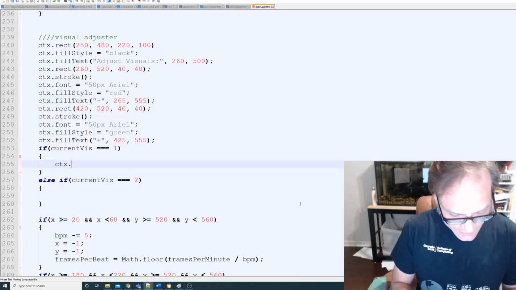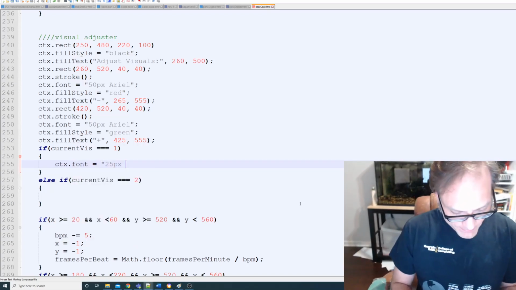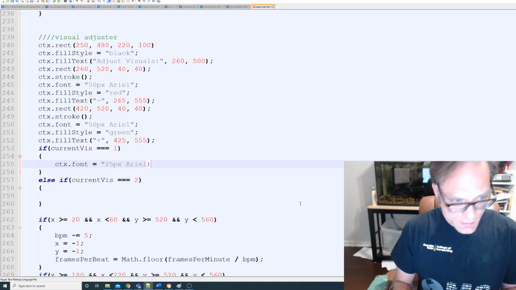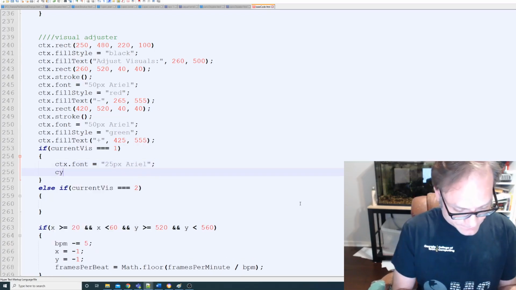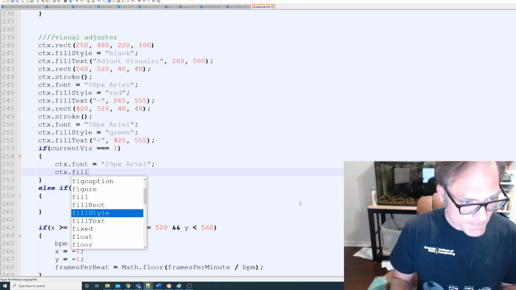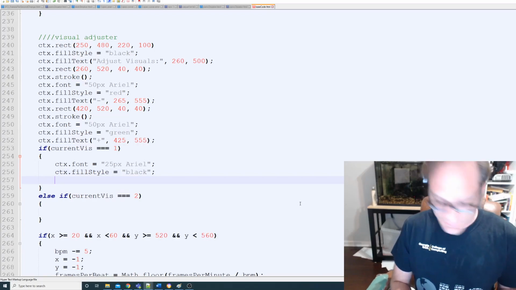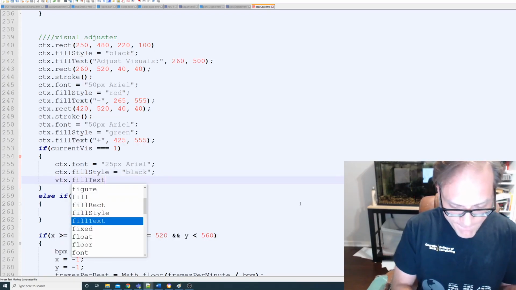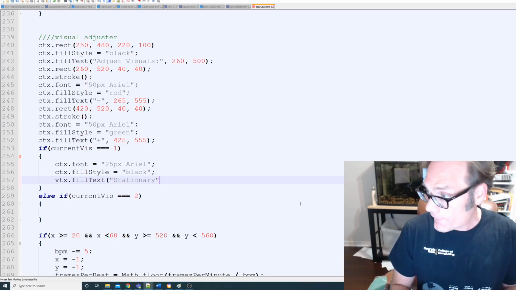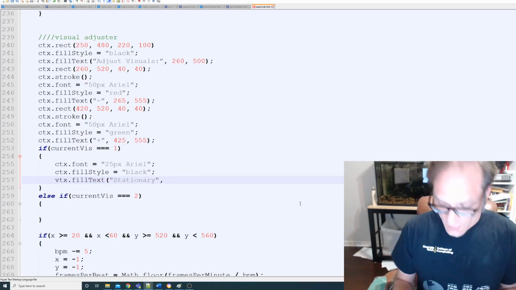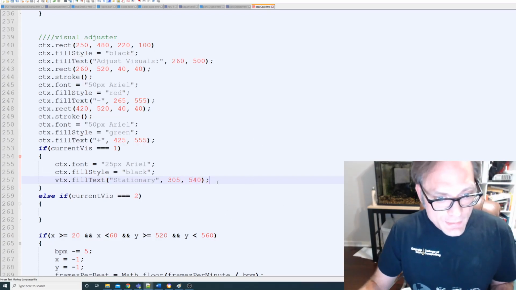So here we're going to say ctx.font, and then this is going to be equal to a 25 pixel font. ctx.fillText. And what we're going to say here is stationary, and then 305, 540, and